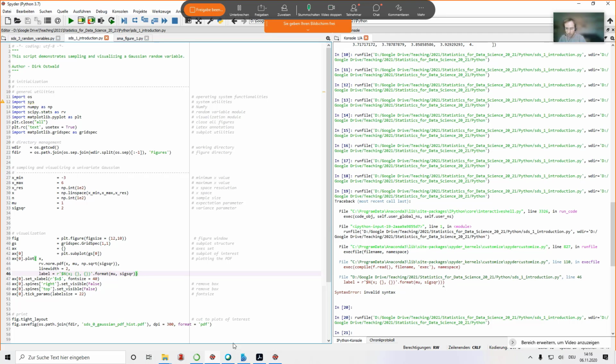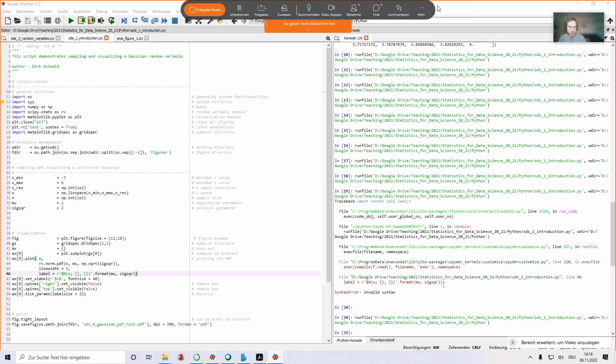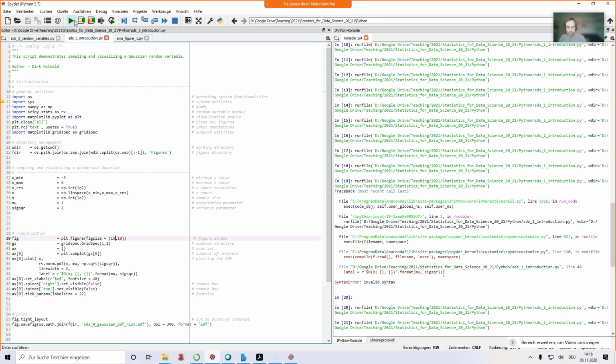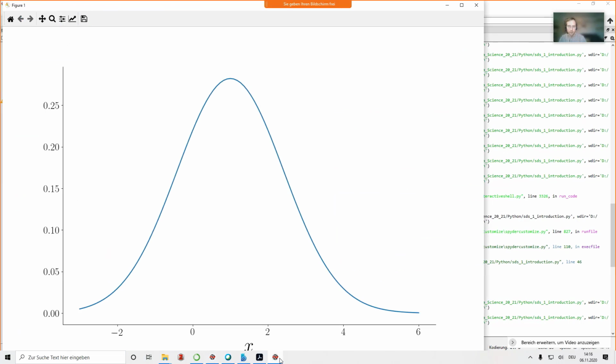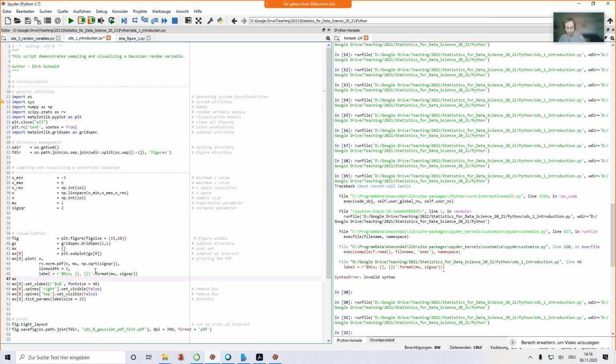Okay, that's still working. We will not see this label yet. That's also a little bit too much. Let's make this bigger here. Because you only see the label once you put in the legend. So let's put in a legend, because if we're plotting stuff on top of each other, it helps to keep track of what that actually is.